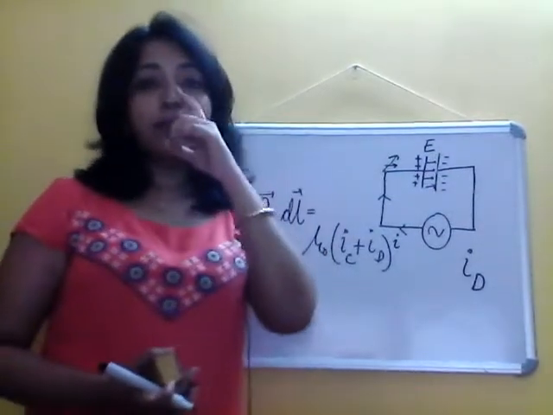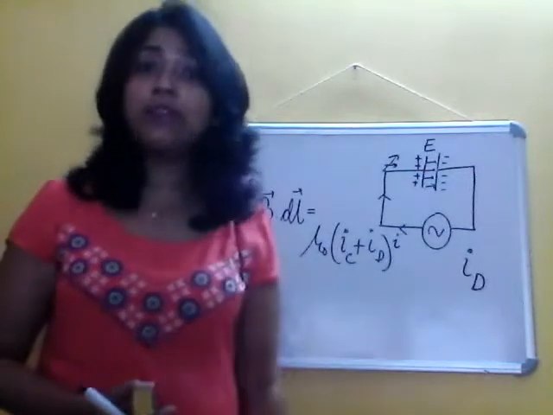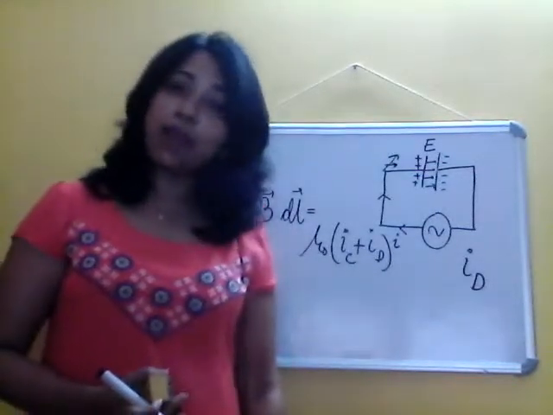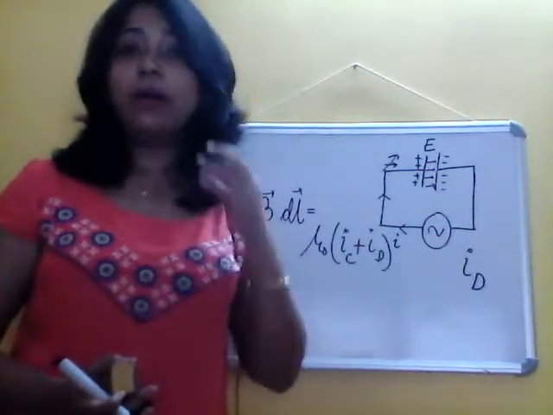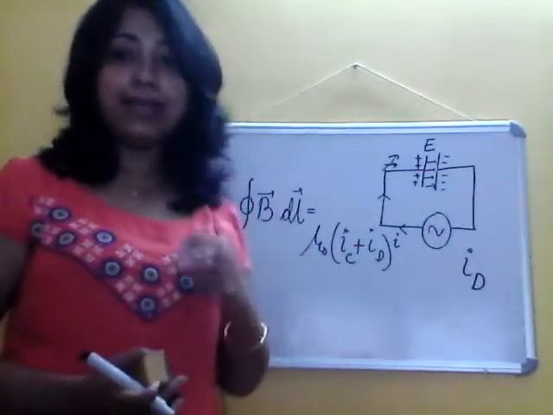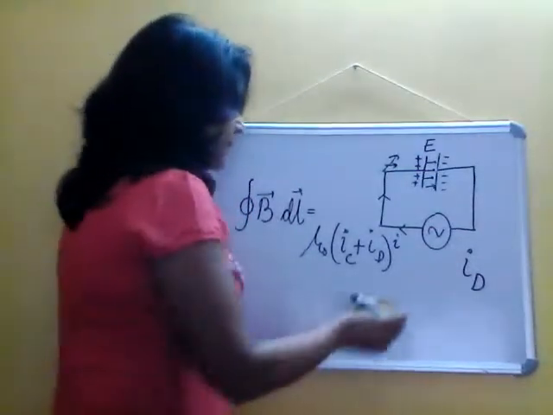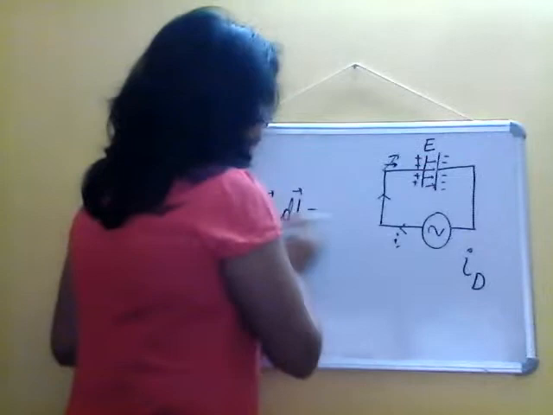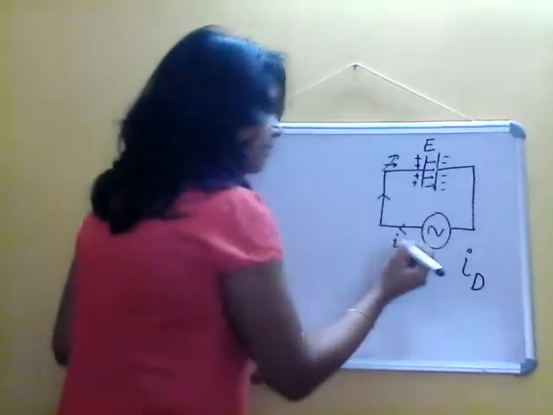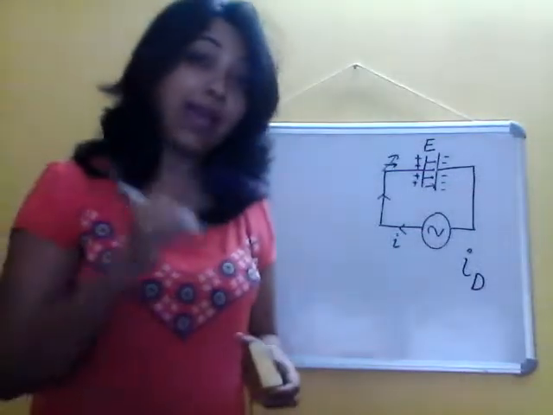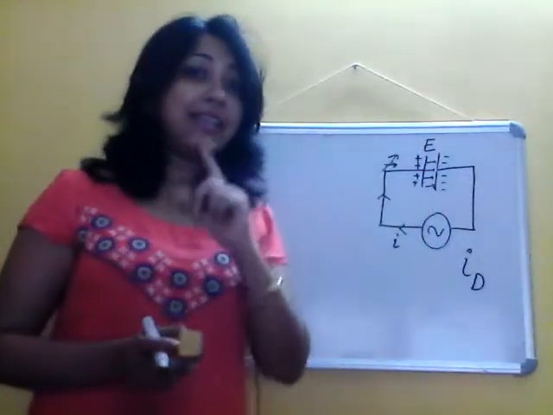Now, in this scenario, you might be wondering what is this I_D? What is the value of this I_D? So now let us see how Maxwell gave the magnitude or the value of this displacement current. So let us begin. All of you must remember, if you go back to your electrostatics classes, that if I have a parallel plate capacitor, the electric field